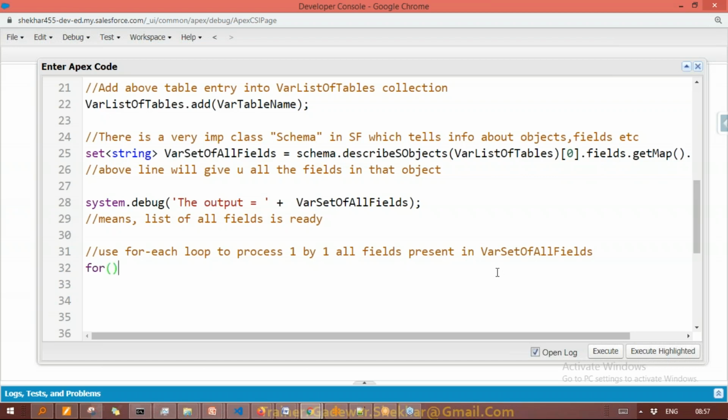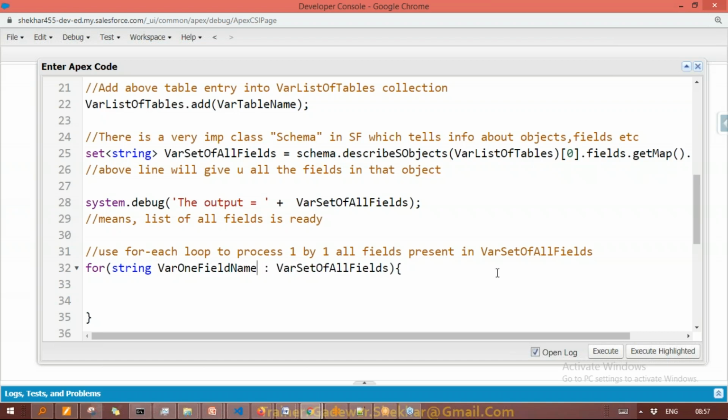For, bracket, and on the left-hand side we have to write some kind of temporary variable, which you also know. We already saw this kind of thing in our training. Nothing new for you. Now what kind of temporary variable can we use here for traversing? This variable is going to contain string data. So let me write here String, and variable name, let's say var one field name.